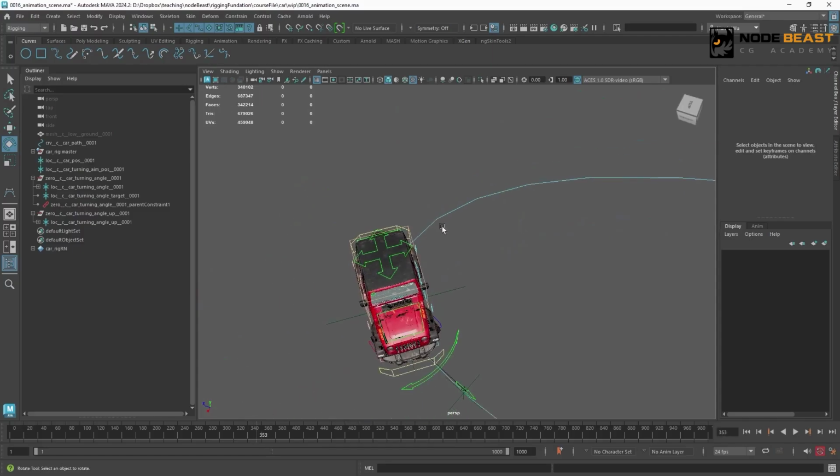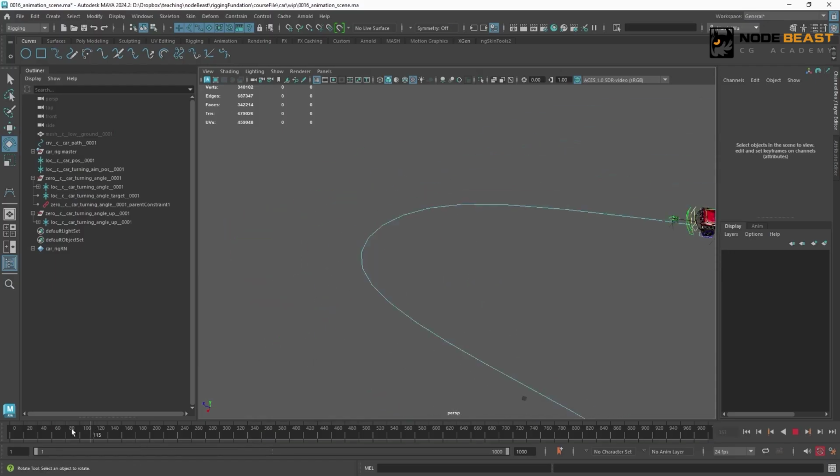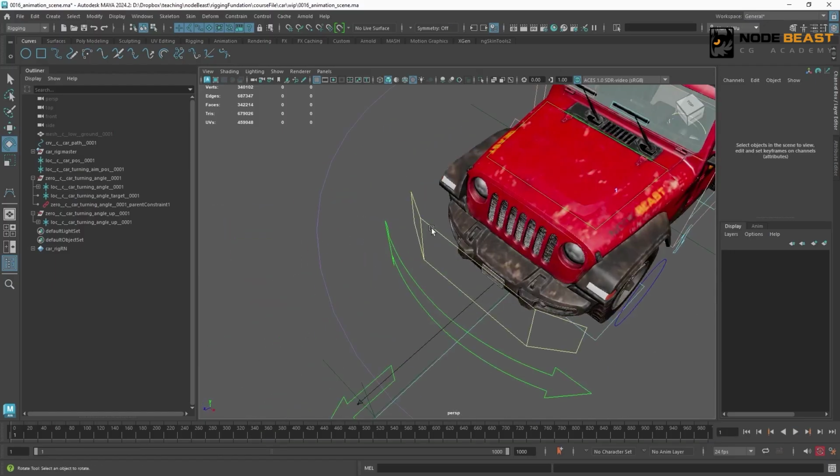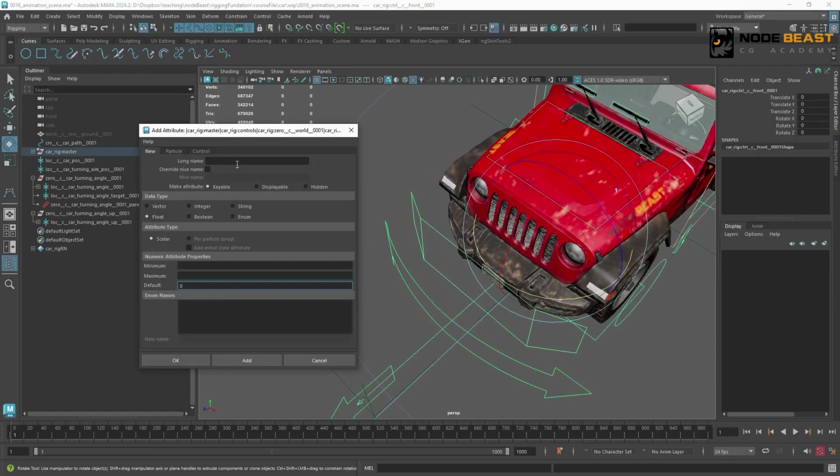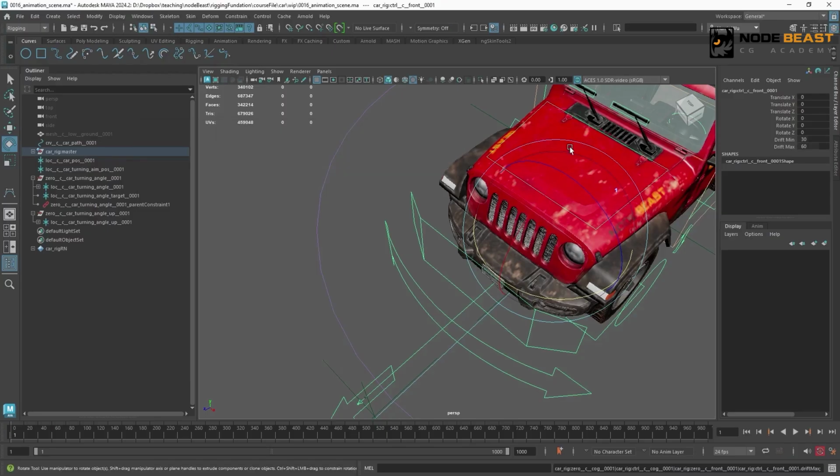So here we're going to create a few new attributes. To make it easier for the animator to control, we select the front controller. Add two attributes to it. We'll call it drift min, which is the angle where the drift starts. For example, minimum is 0, maximum is 90, and the default value is 30. Of course, we can adjust this later. Then the corresponding one is drift max. Here, for example, we set it to 60. We can adjust it later too.